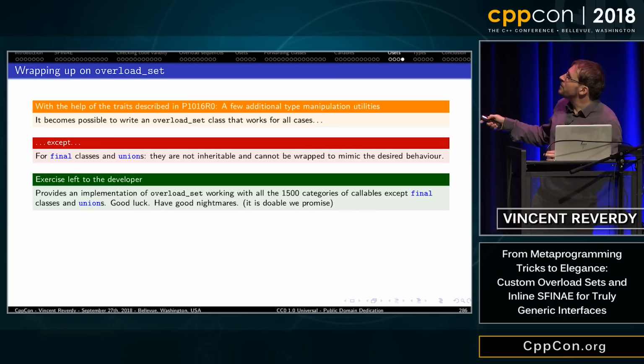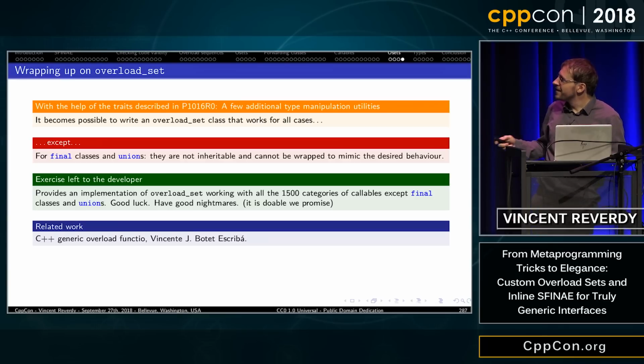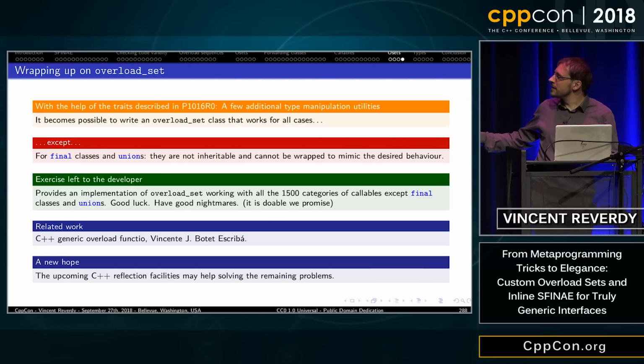If you want to try to implement this thing, you can. As I said, I promise you that it works, except for these two things. The thing we can hope is that with C++ reflection facilities, we will probably be able to finally do it on final classes and unions.